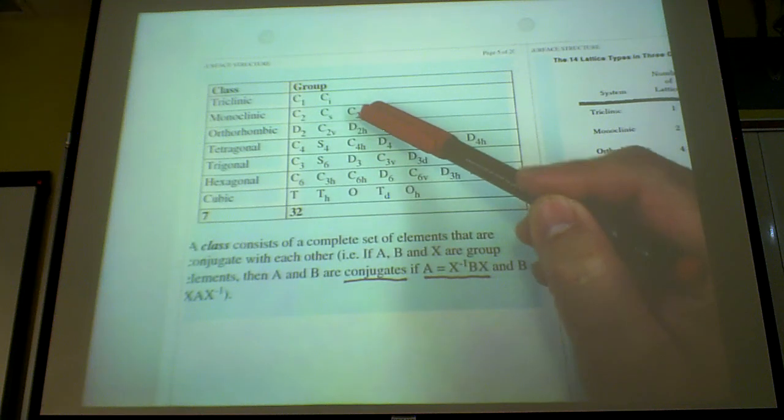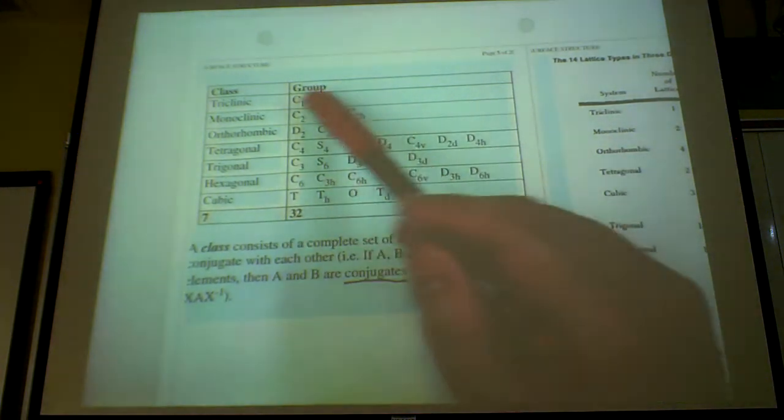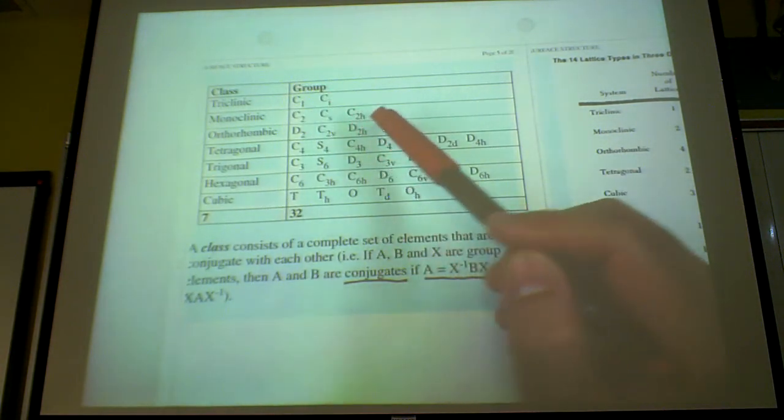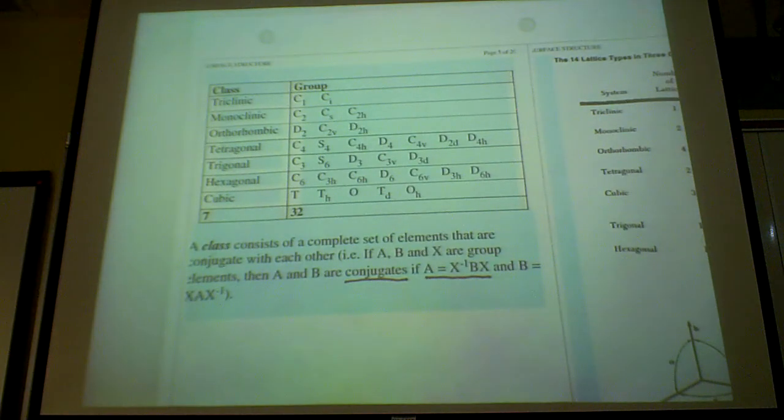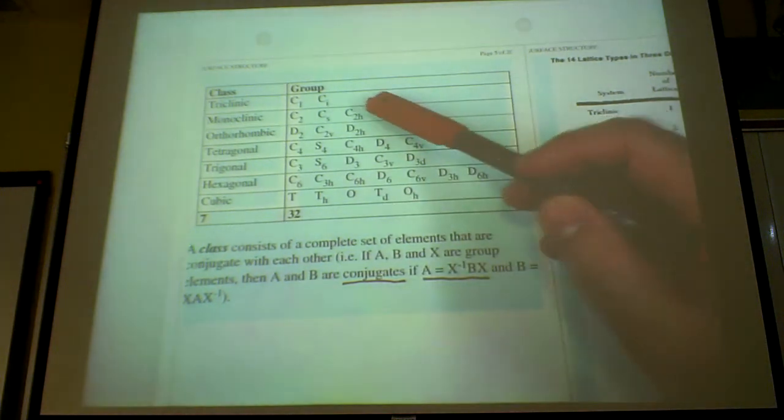You can never get to C2H, no matter what kind of matrix you do. So these two can never be conjugate operations. That's basically all there is qualitatively. And if you manage to figure out which ones are conjugate to one another, you find that this